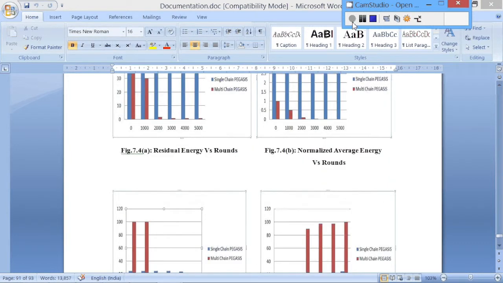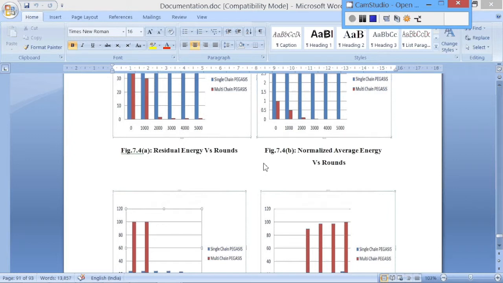The only difference that we observe in the two protocols is the normalized average energy, that is the energy consumed by the nodes in the chain formation and sending the data packets to the base station. We observe that this normalized average energy is less in multi-chain Pegasus, whereas it is more in single chain Pegasus. It is around 4 joules in single chain and only 1 joule of energy is used in multi-chain Pegasus